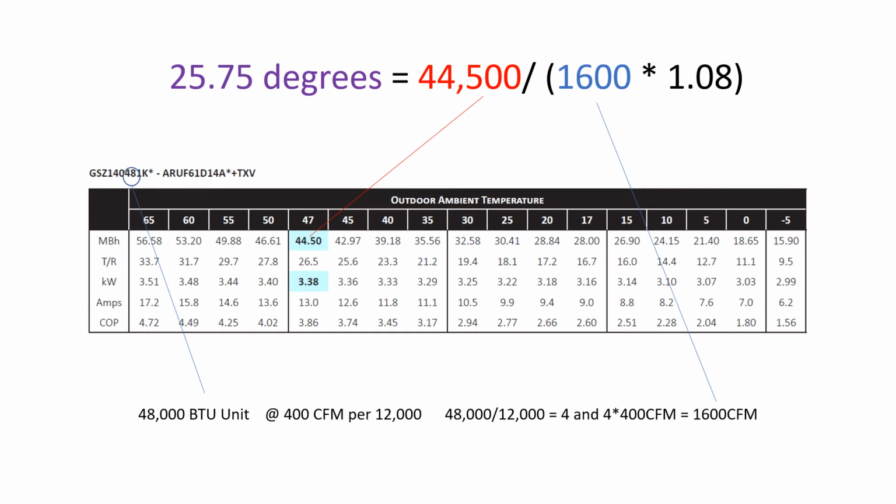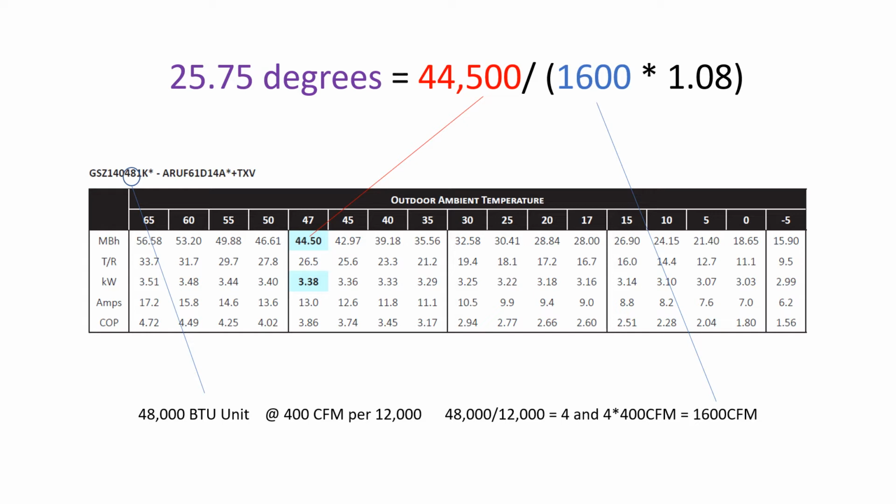Using another example of a 4-ton unit, at 47 degrees, or our high output, we'll have 44,500 BTUs. And our cubic feet per minute on a 4-ton would be 400 cubic feet per ton, which will give us 1,600 cubic feet per minute. We'll have a delta T at 47 degrees of